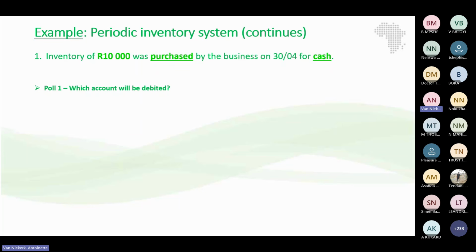Okay, it's around 50-50 between bank and purchases. You see, I told you guys that those are the two accounts basically that are going to be applicable, and now everyone is confused. They don't know which one. Now let's think about it. Which account will be debited? Now, if you purchase something for cash, what's going to happen to your bank account? Your bank account is going to decrease, okay? And your purchase account will